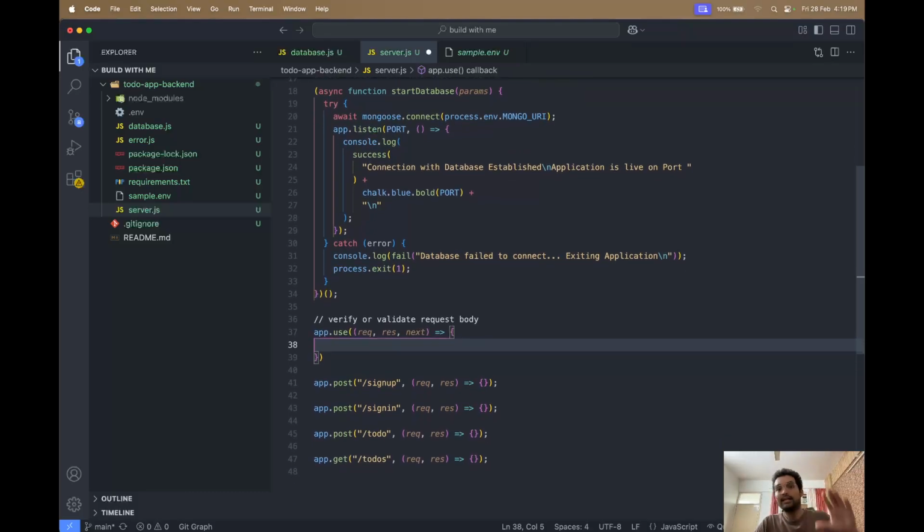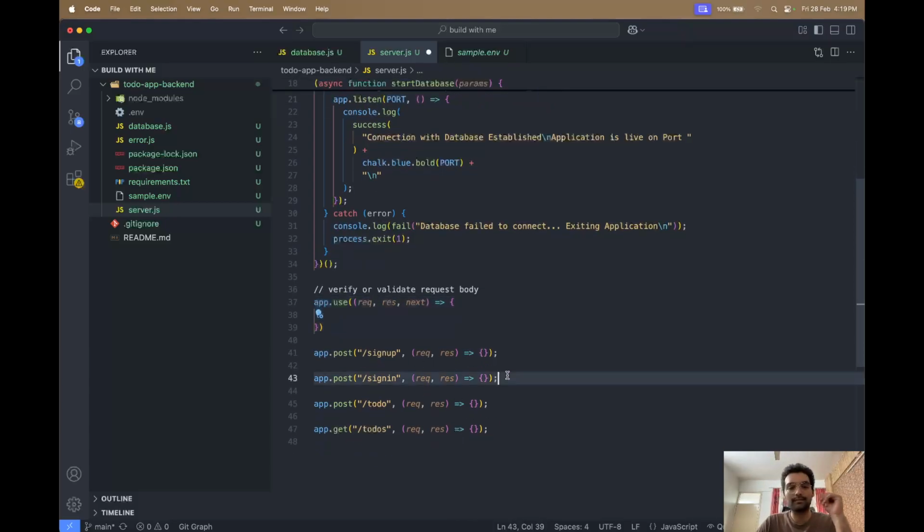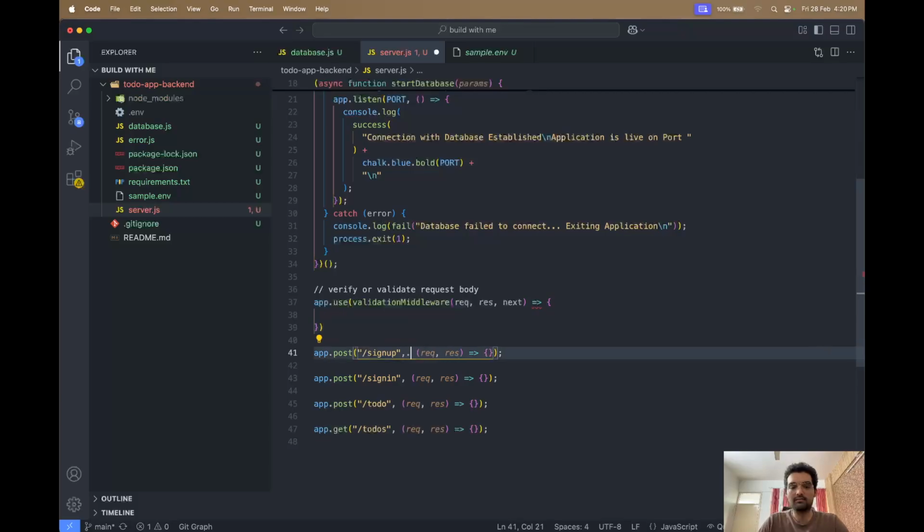Now since this middleware will get called for both sign up and actually for everything, maybe what I can do is, I'll do one thing. This middleware should only be used for this and this. So rather than placing it here, I will chain it in the handler itself. Like for example, if this was called validation middleware, then we could have always done something like